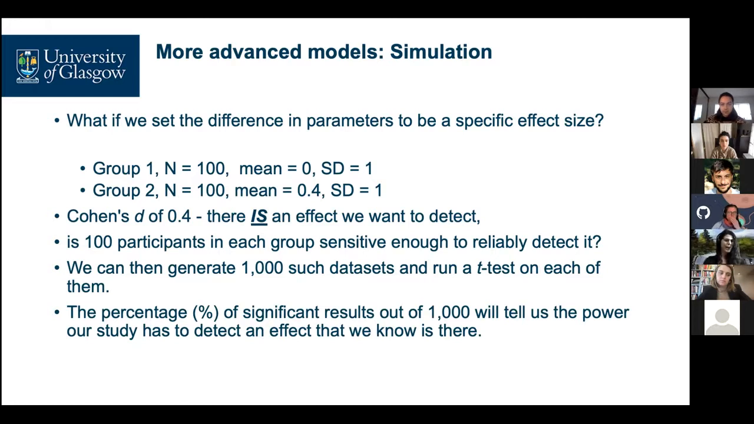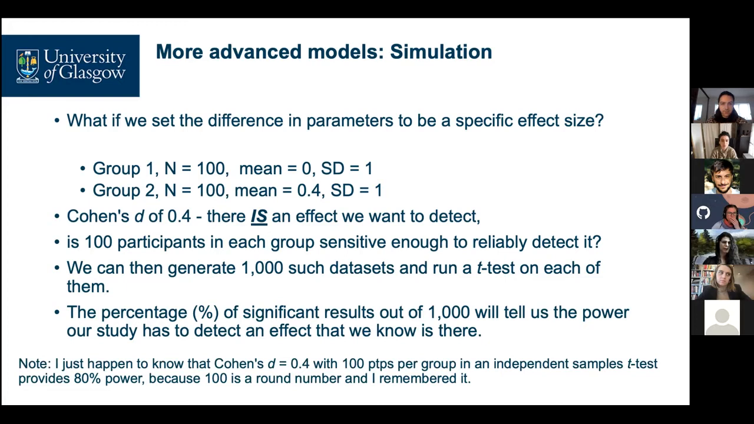So now we want to know, is 100 people in each group powerful enough to detect that effect reliably? And how reliably are we detecting that effect? Well, the percentage of times that we do detect it, that's our reliability. So if we detect it at least 80% of the time, then we have a power of at least 80%, and so on. So I just happen to know that